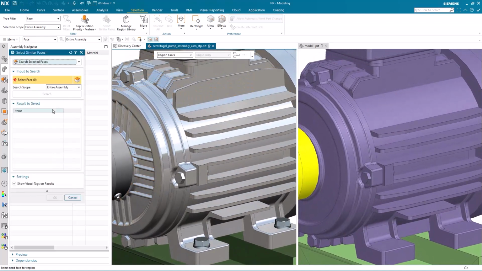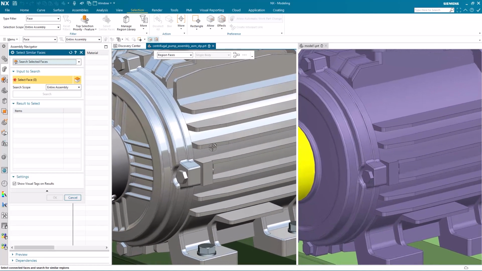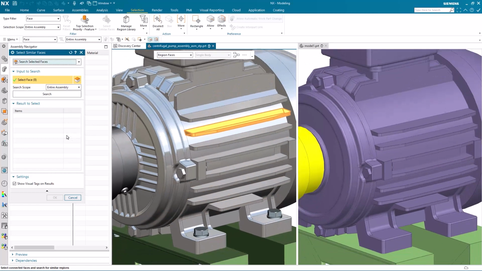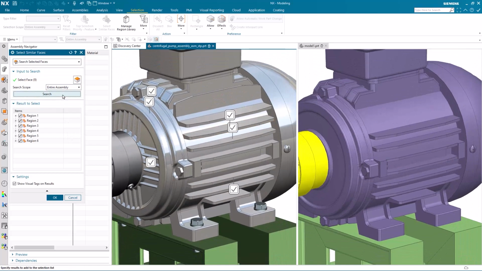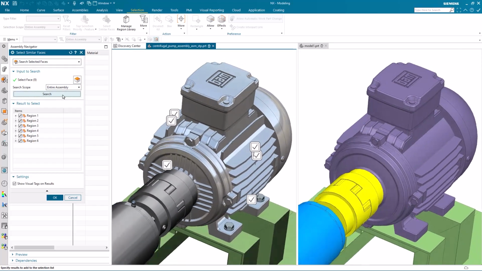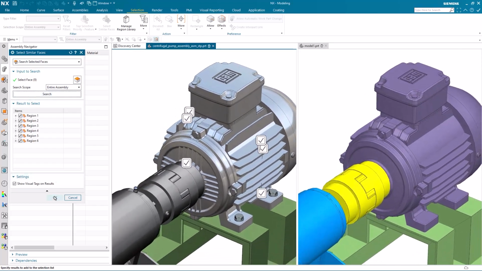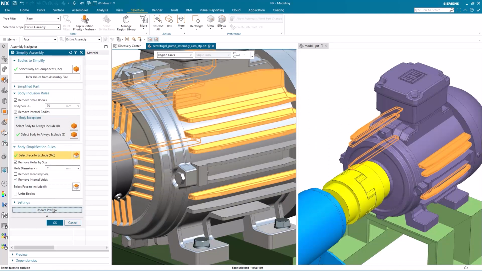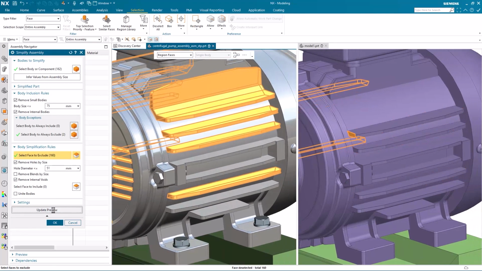I can look at other areas. Again, let's select that face and do another search. It's found several others of the same type. And again, update the preview.